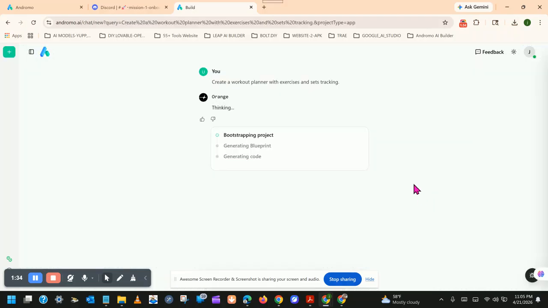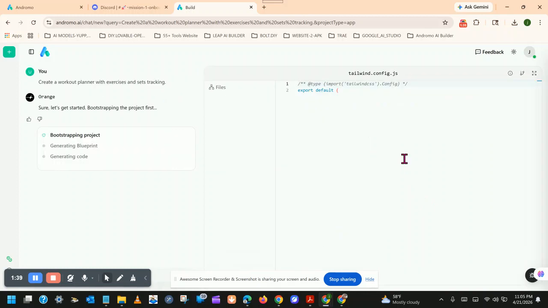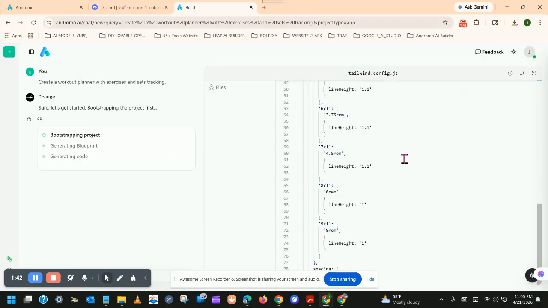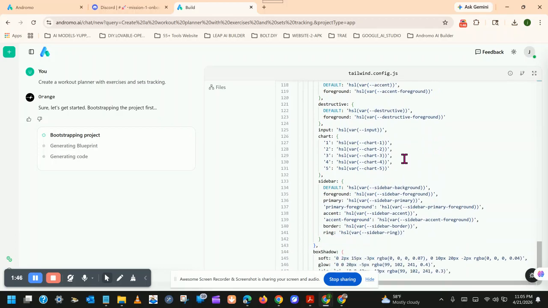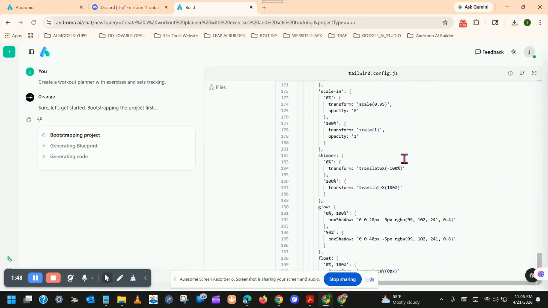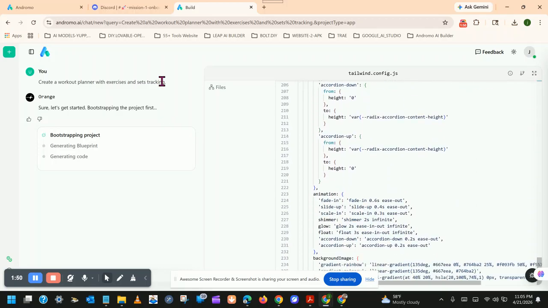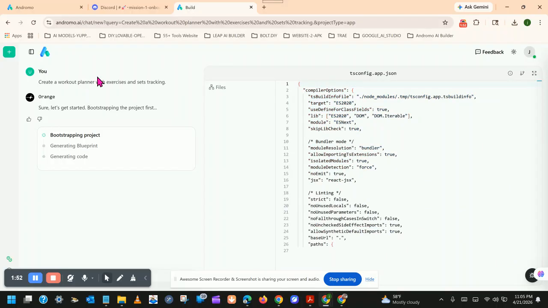Let's see what we got going here. So we're gonna put it through the test right now. And okay, so far it's loading pretty quickly. Let's see what we get here. And I may do a comparison too. But so far, we just want to see what Andromo